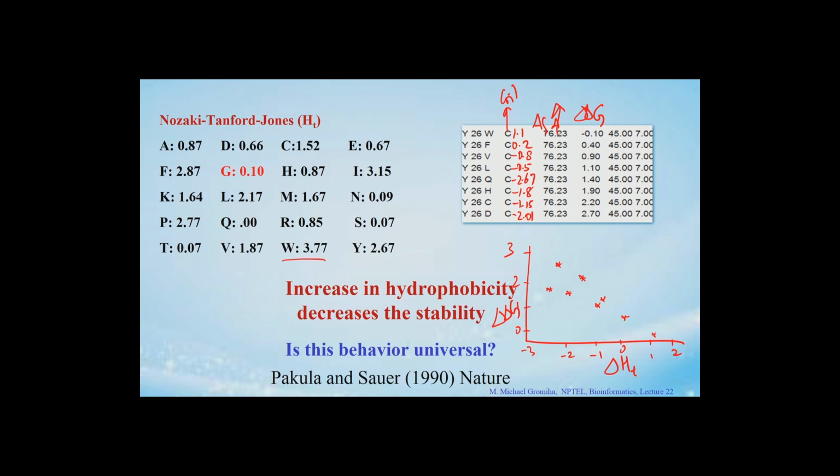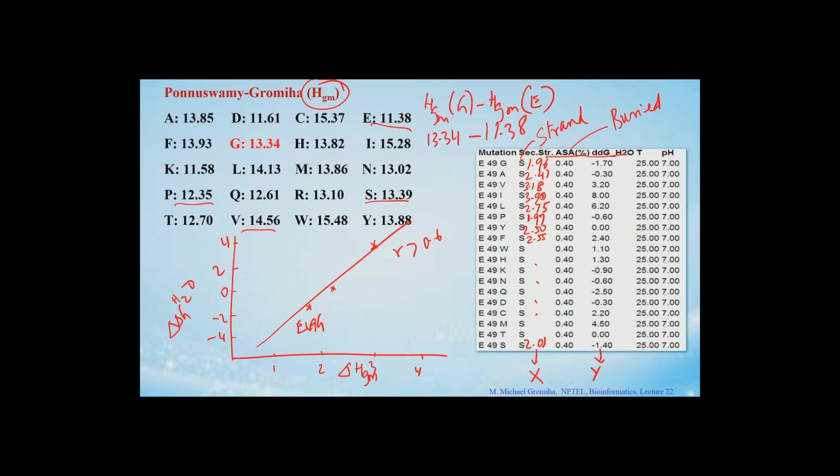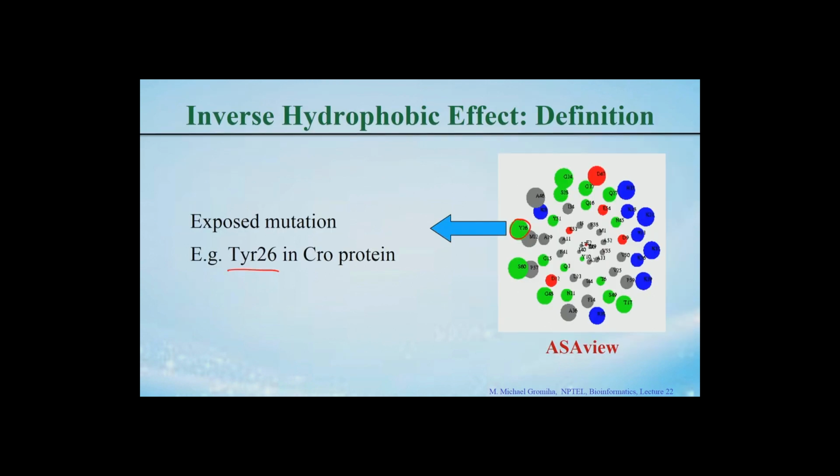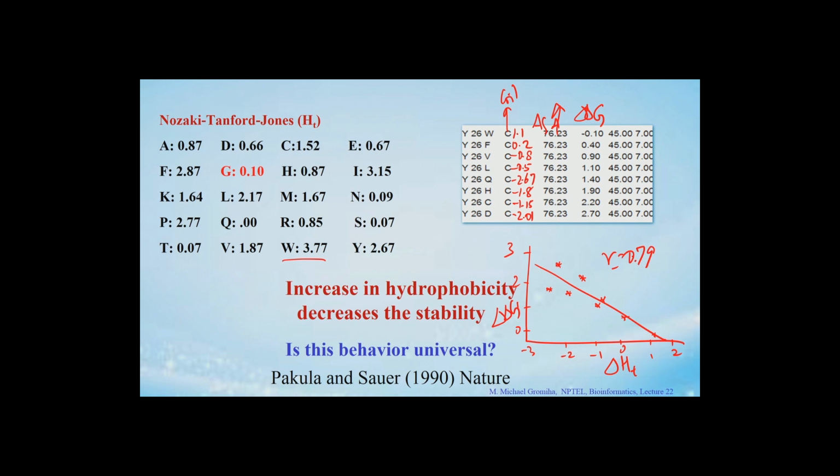How about the correlation here? You can see an inverse correlation, and the correlation coefficient is equal to 0.79. If you see the mutations, one is at the surface in the coil region, one is buried. For the buried one we can see a direct relationship between the hydrophobicity and stability, but in the case of the coil mutation, look at the surface, you can see the inverse relationship between the stability as well as